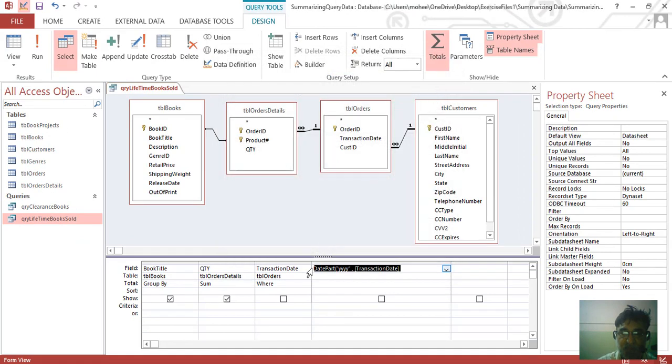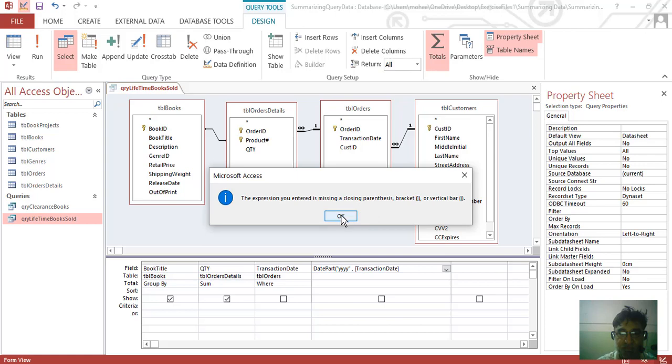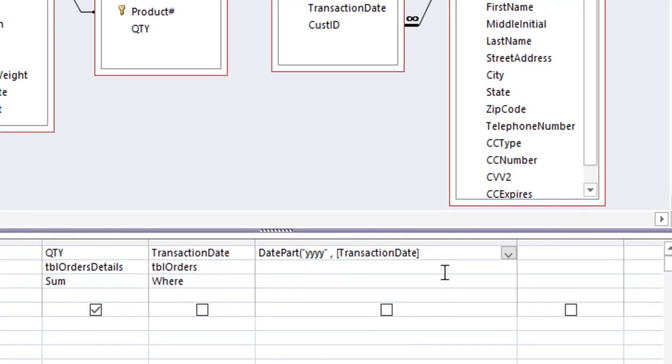And that's how a new field is inserted. When we run the query, oops, there is one parenthesis missing. Insert the parenthesis.